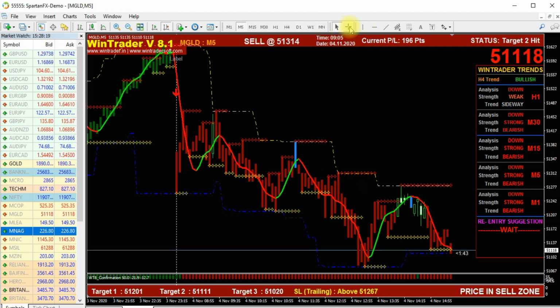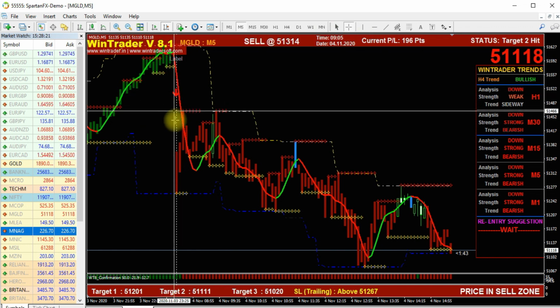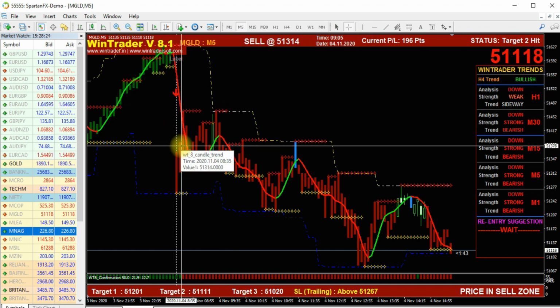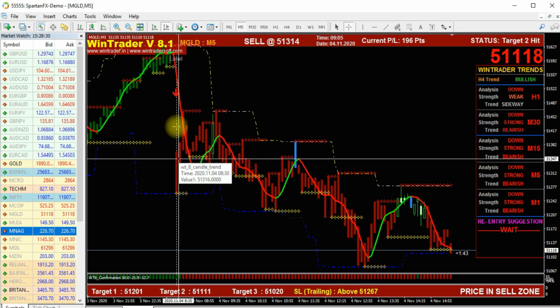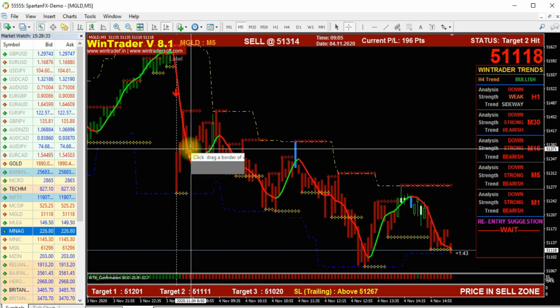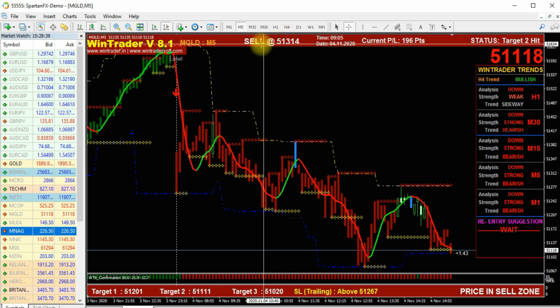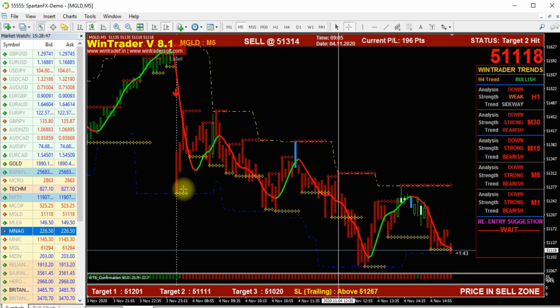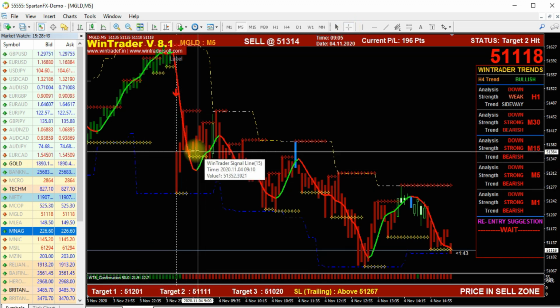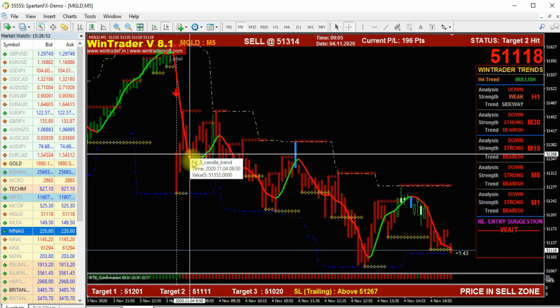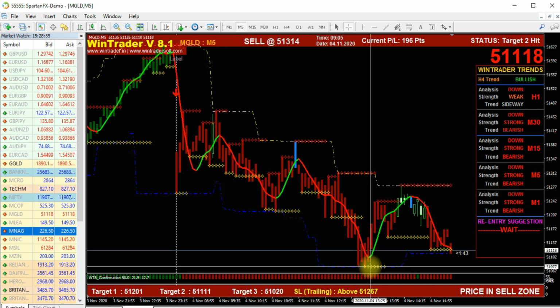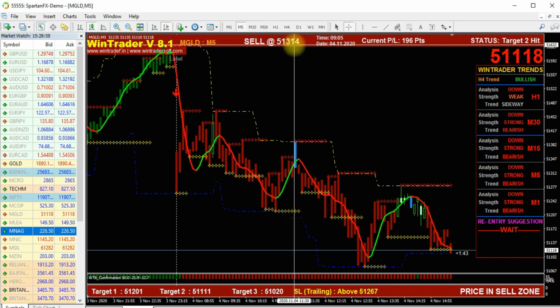In this case we got a sell signal at this candle. At this level we got a sell signal. We got the confirmation at this level only. So after the signal, after the red arrow, we got the confirmation on this candle, almost at this level. That means we can enter the trade almost at this level, because the sell call was generated, sell at what price is mentioned here: sell at 51314. If we wait for that confirmation, with the bottom bar also confirming, almost at this level we can enter the trade. From there the market went down and started a downtrend. Maybe you entered at the same 51314 only.